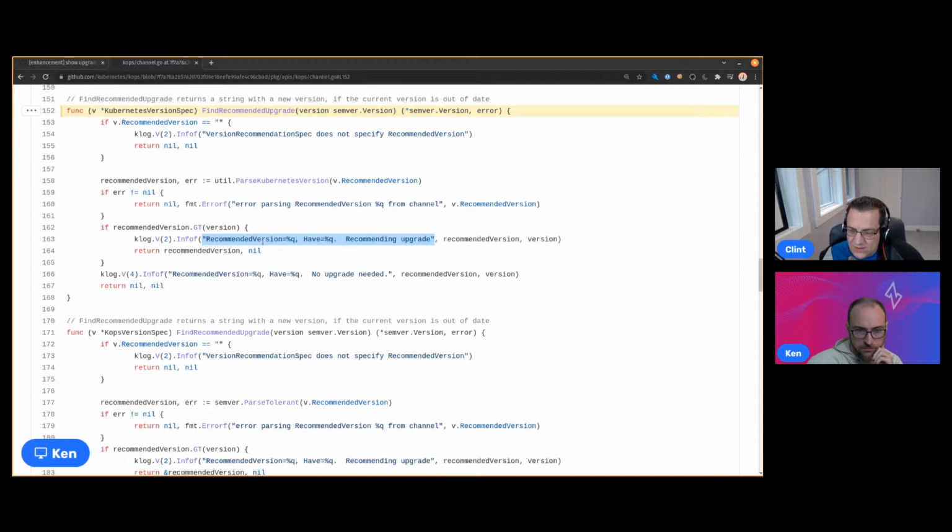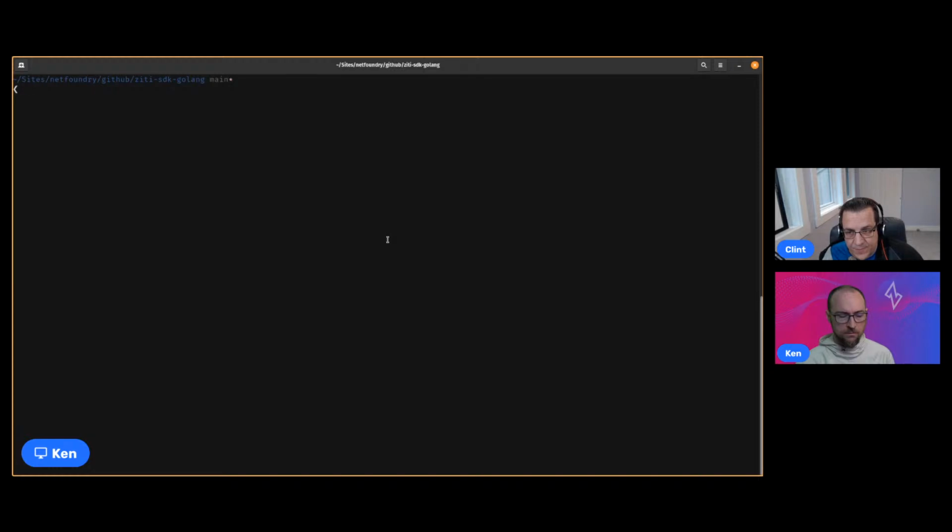Recommended version equals? Huh. Actually, it doesn't look like a formatting template. It's almost like it's feeding variables as input. So it is a formatting template. I'll go back. Yeah, see,